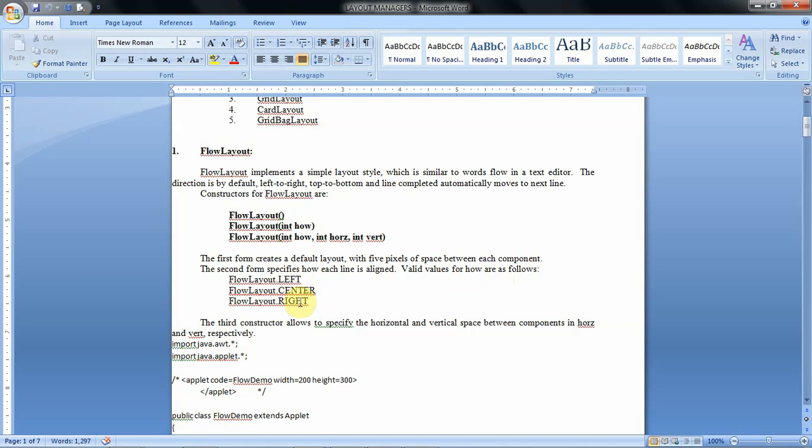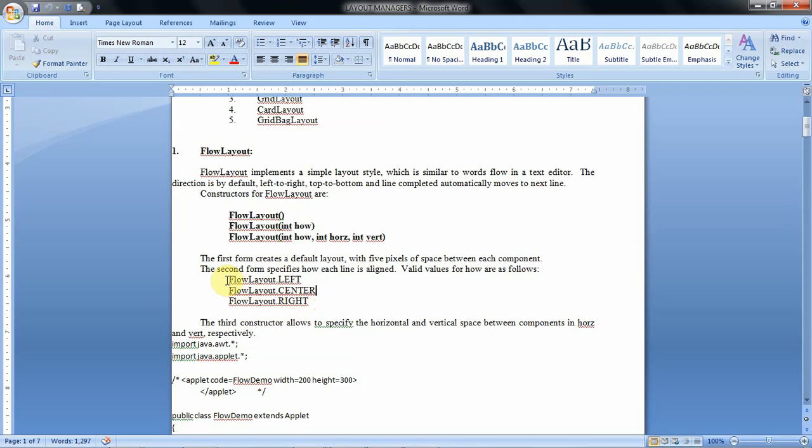So the meaning of that is, in the second constructor we can specify the alignment constant. That means the components arranging needs to start from left, or from center, or in right alignment manner.